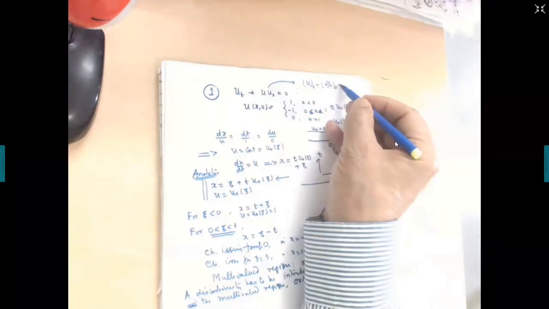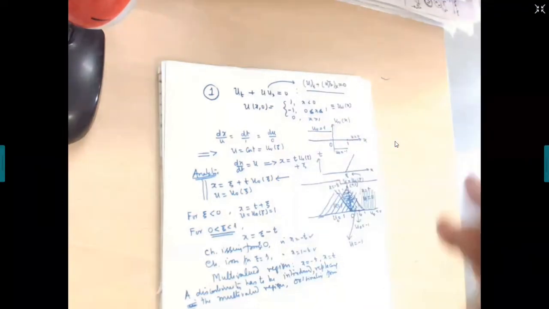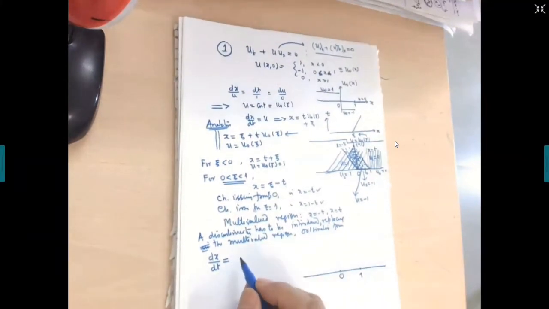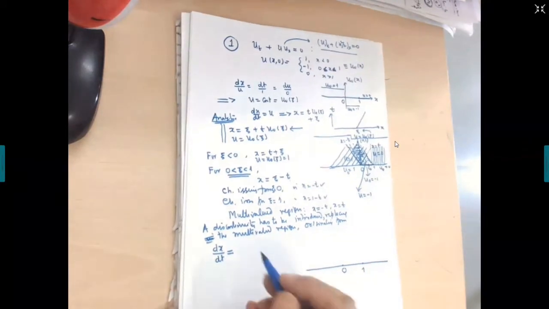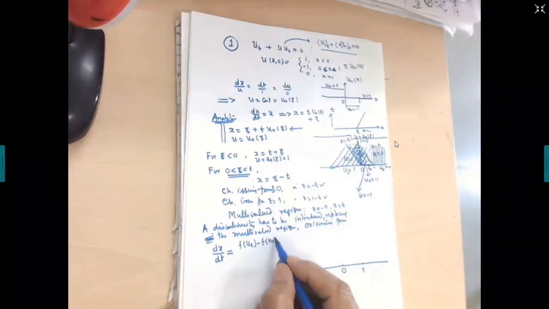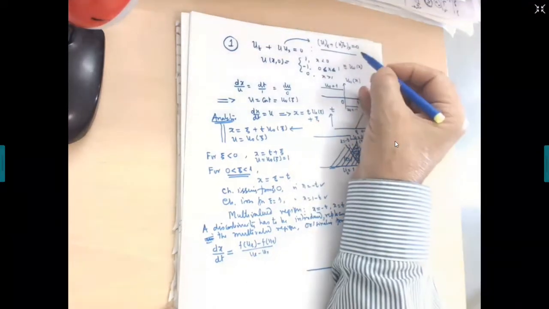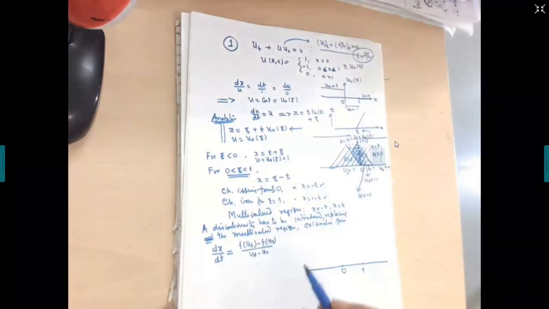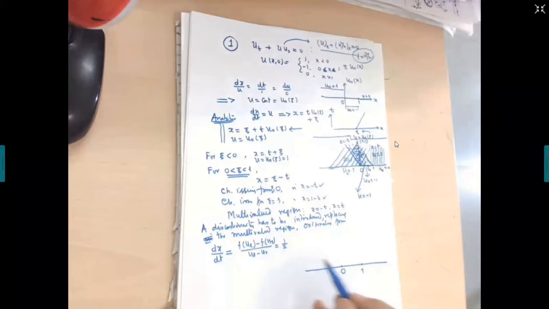This is the conservation law. Can you tell me what is your RH condition? dx/dt is equal to the jump of f divided by the jump of u. Jump of f is f of ul minus f of ur, divided by ul minus ur, and f is your u square by 2. This is the flux function, and u is your density function. So this is half of ul plus ur.